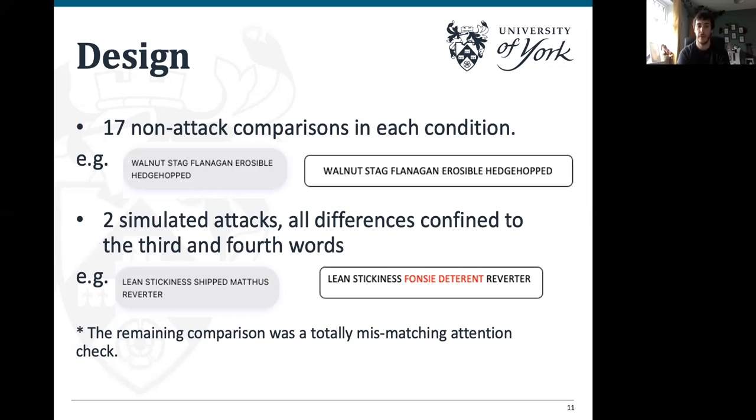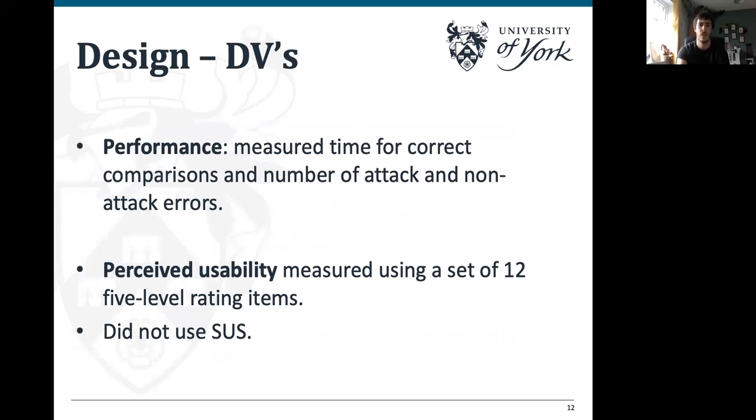The final comparison was a total mismatching attention check, which we included in an attempt to identify those participants who may be clicking through the study and maybe not behaving as we would have expected. In terms of dependent variables, we were interested in measuring participants' performance and perceived usability. So to measure performance, we measured the time for participants to make correct comparisons and the number of attack and non-attack errors that they made. So an attack error would be when they accepted